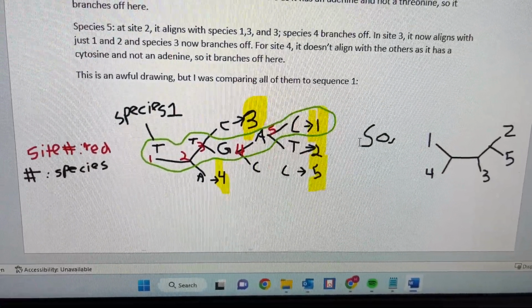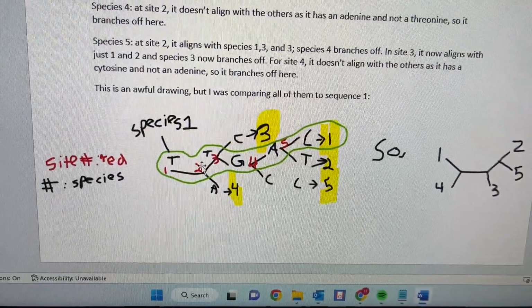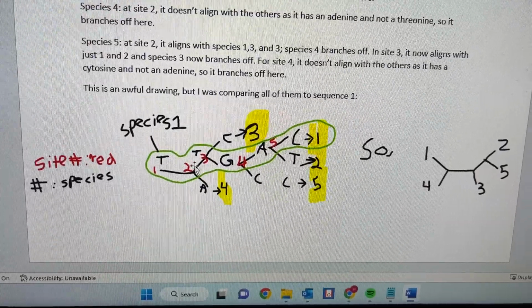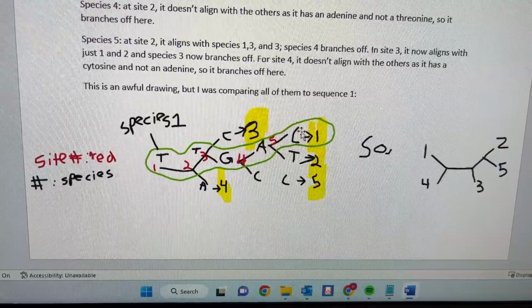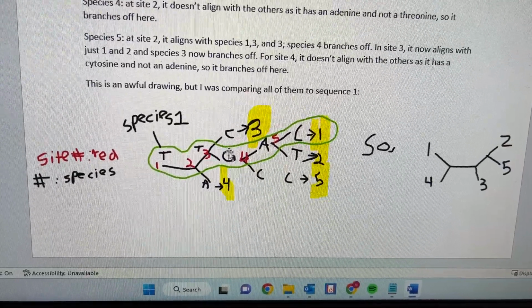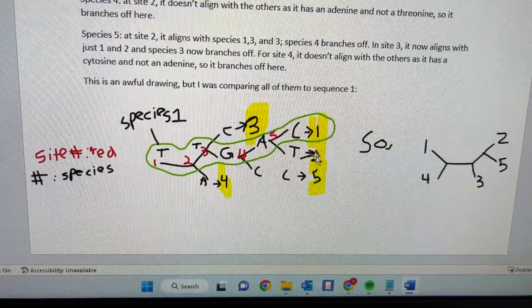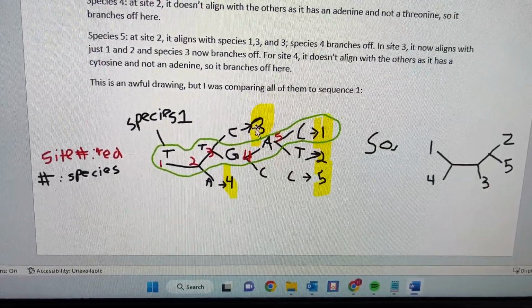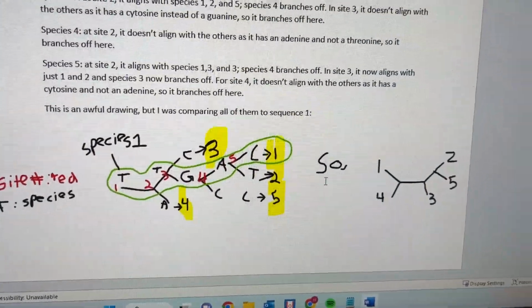after you make something like this, you start with the model, or you can say the compared sequence, and I use number 1 as the compared sequence. That's why I have this whole branching thing, right? Because 2 looks like it's the closest to 1, and then second closest is 5, third closest is 3, and then the last was 4. So when I make this,